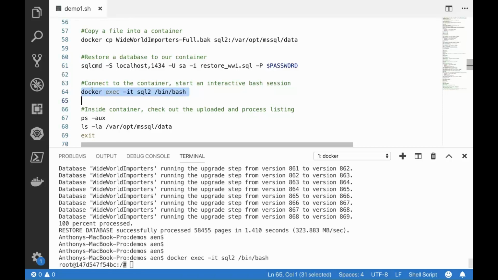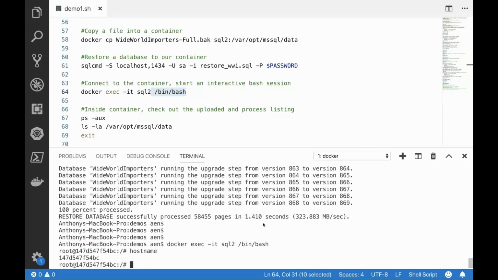And so to do that, to get into our container and run that process, we do docker exec -it. I like to think it's for integrated terminal. The container name or ID that we want to use, and then the process we're going to launch. It doesn't have to be bash, right? It could be an arbitrary process. In this case, it is bash, which allows me to get an interactive terminal into the system here. So there we can see that we're on that box.